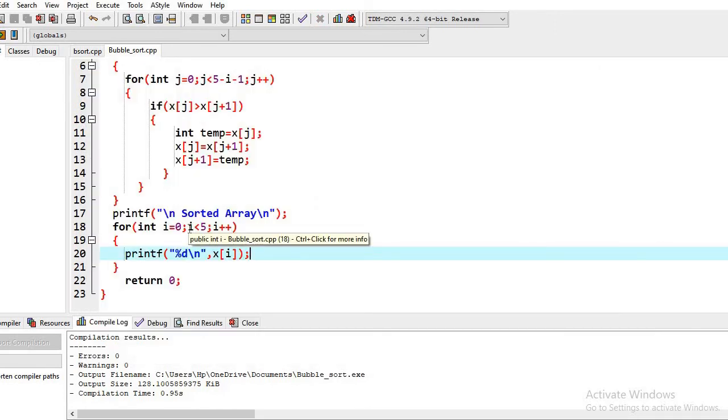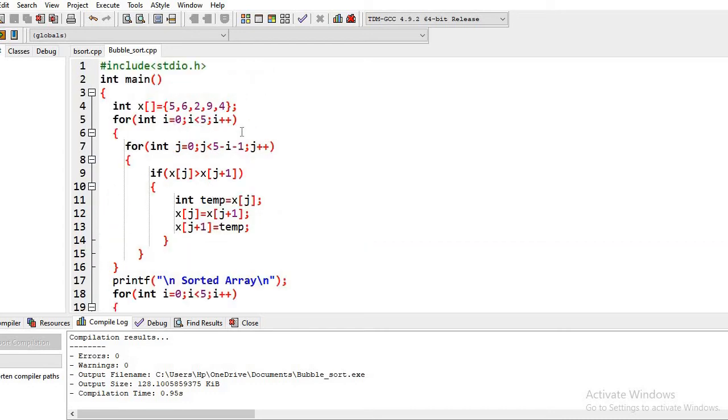Now I also promised you about optimization of this program. So now I will tell you one important thing about bubble sort, how it is better than other sorting algorithms. The main thing is that with bubble sort we can easily identify if the array is already sorted. So if an already sorted array is given to us, then we can easily identify it with the help of this algorithm. How are we going to do that?